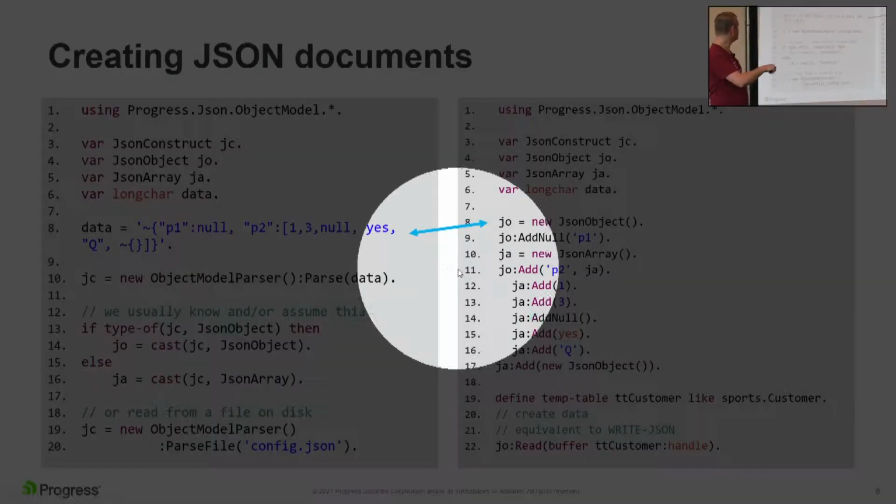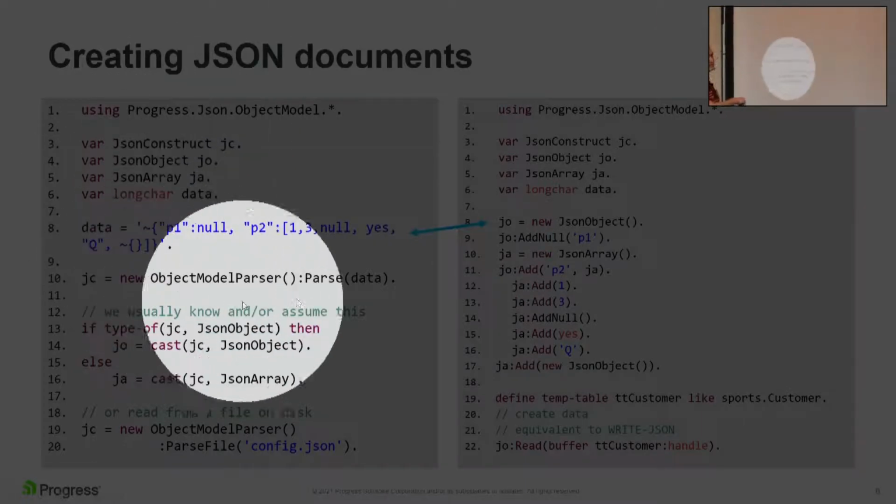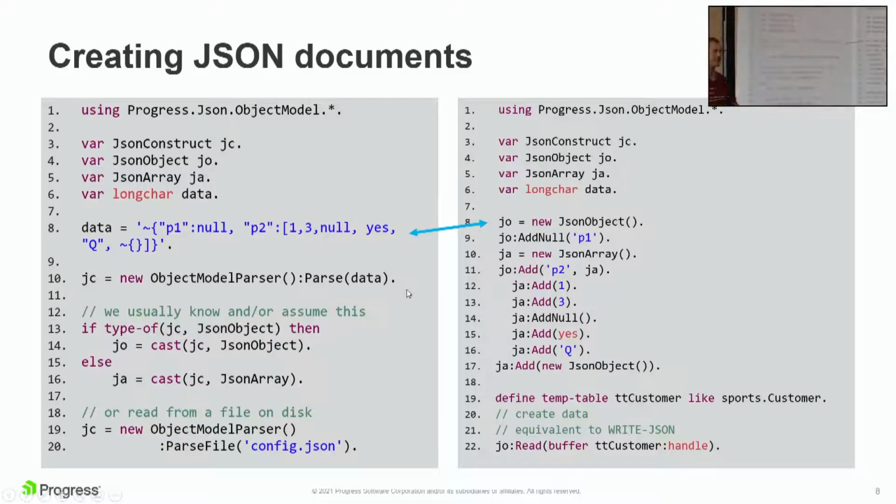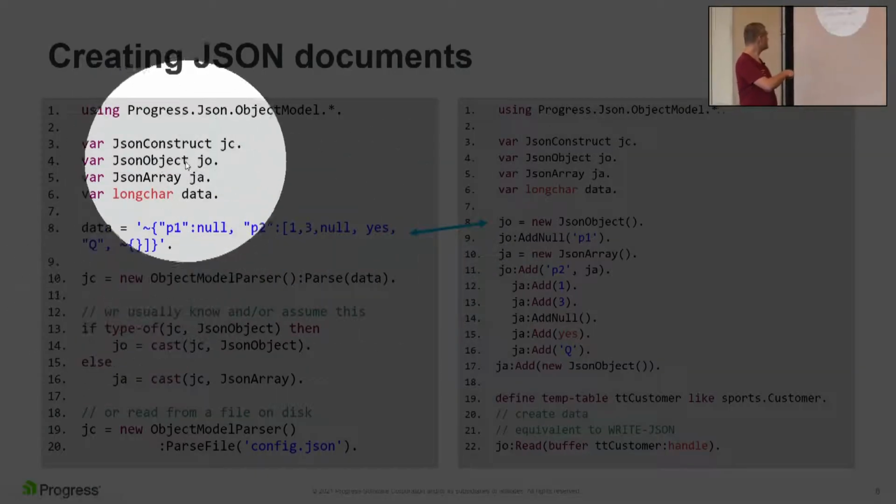And as you can see, this is a pattern that I tend to use a lot because I am somewhat lazy: just new blah, blah, blah, colon parse, instead of holding a reference to it. There's nothing else that this class does. It just reads data in, from a file or from a memptr or a longchar. It's a built-in object, and the cost of doing this is really low. And yes, that's probably not the best way to do it. I should probably have a variable and keep it in there. But anyhow, that produces a JSON construct.